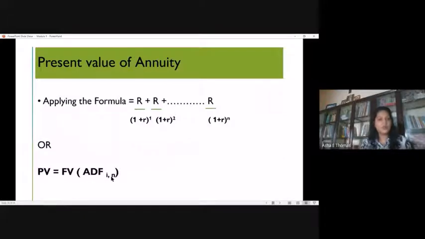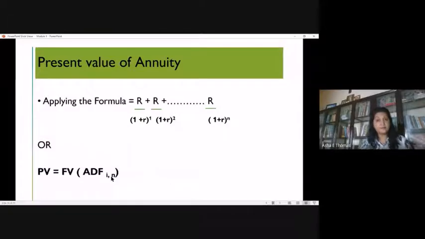It is a continuous series, no? So that is different, but you have to be very careful that if it is an annuity, your value is taken from the annuity discount factor table, or you can do it manually, which is the same for uneven cash inflows as well as even cash inflows, using the formula 1 by (1 plus r) raised to n. That's the basic formula. That's why I introduced you to that concept at the beginning. So this is the concept of present value.